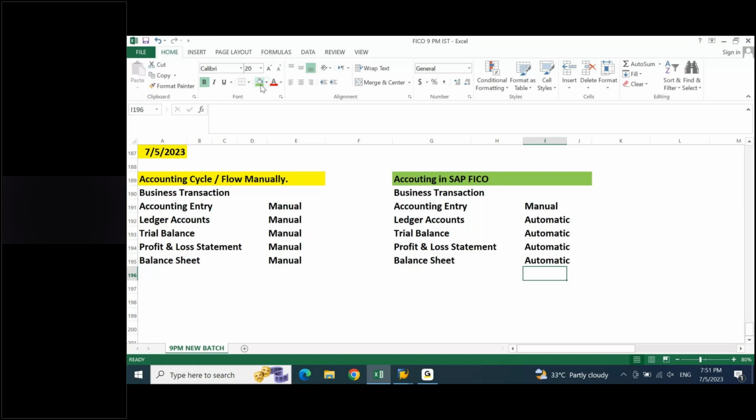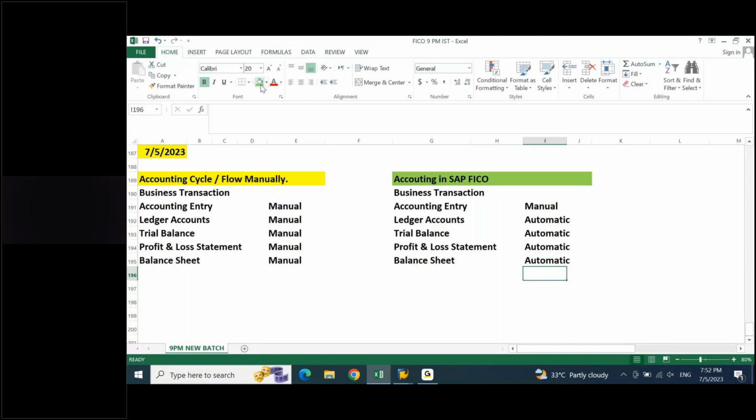Even if it is a small understanding-related problem, as a FICO consultant, you have to step in and clarify the confusion of your user or your client. In case the auditing is going on, and the auditor wants certain clarifications, what control points do you have in the system? Let's say your external auditor is asking what control points you have built in your system to avoid these kinds of mistakes.